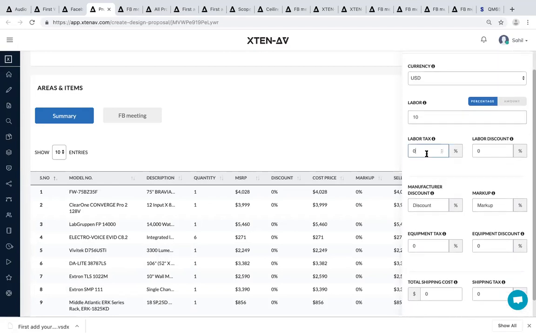Then you have to put in the labor taxes. So let's do a labor tax, labor discount. All right, so what is manufacturer discount? Most of the prices on our platform are MSRP pricing. So if you have the MSRP pricing,